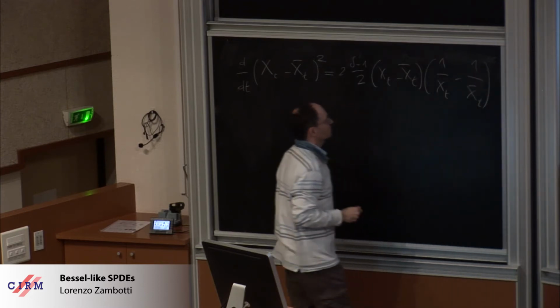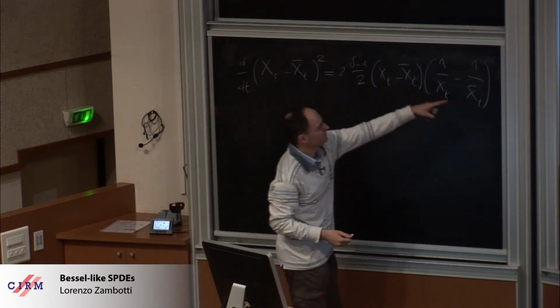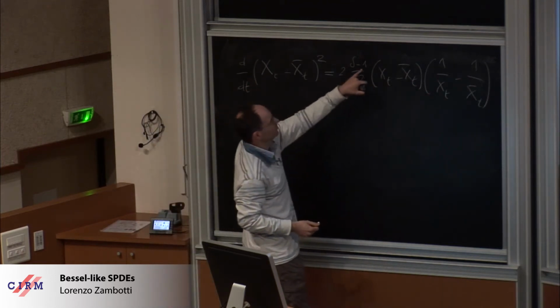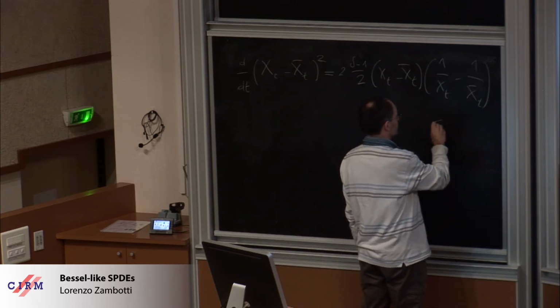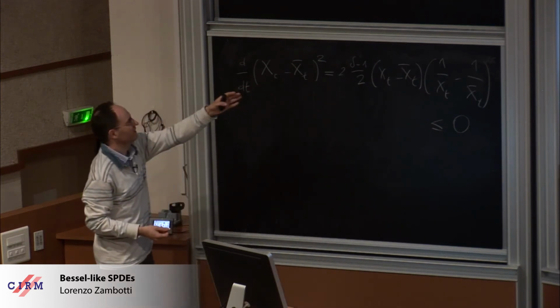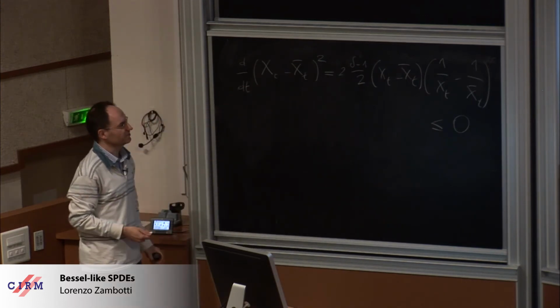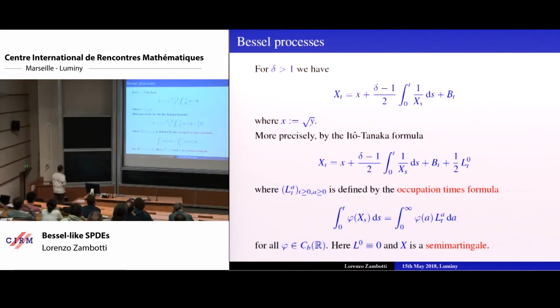Okay, so I think this is correct. And since this function is decreasing and delta minus 1 is positive, here you have the good sign. And since it is 0 at time 0, it stays 0. Okay, so the argument is essentially this one. It's very simple. But you already see why